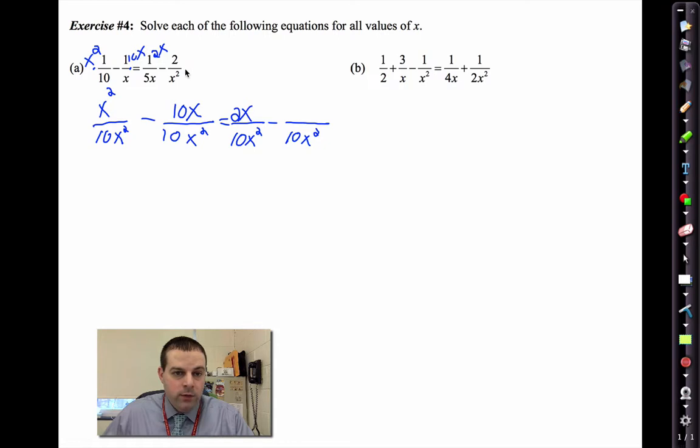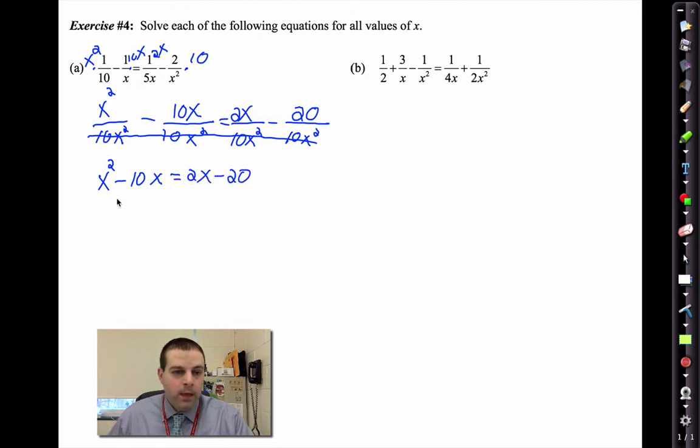And our last fraction here in the equation is missing just the 10, so when I multiply that through the numerator, 2 times 10 is 20. So a little bit more work. We had to change four fractions to be over our common denominator. So if I were to clear out our denominators by multiplying them all by 10x squared, they all disappear. Now as I solve across the numerators, I get x squared minus 10x on the left equals 2x minus 20